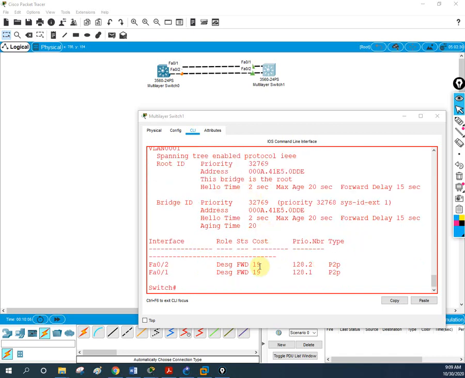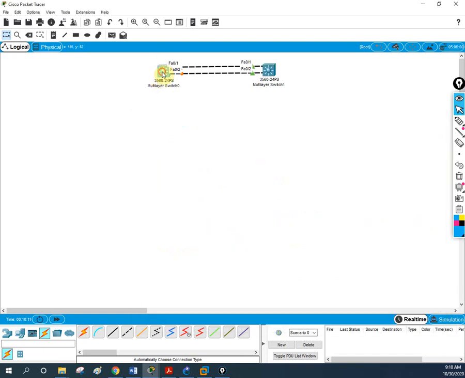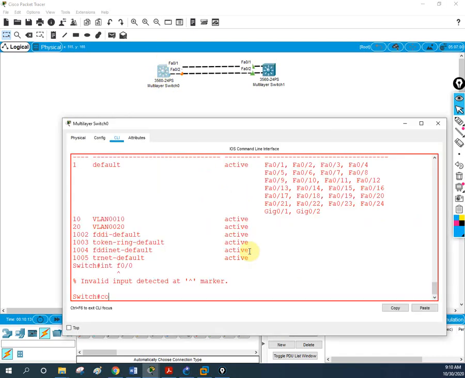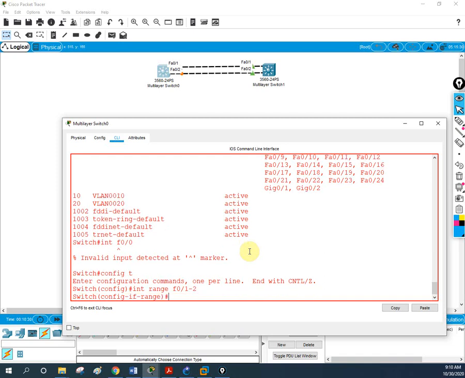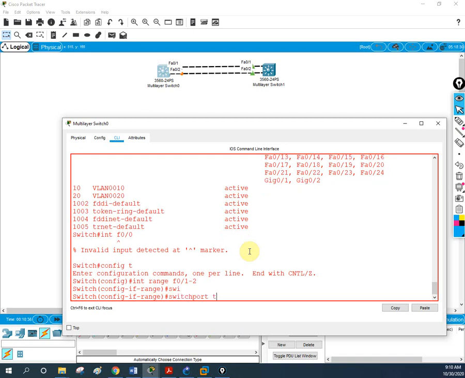So if you remember how we can put the ports of the switch in the trunk, let me show you. First of all, we will go into global configuration mode, then I will write interface range. I am using the command range because I want to put two interfaces. So F0/1 - 2. These two interfaces I need to put in trunk mode. So how will we put it? Switchport trunk